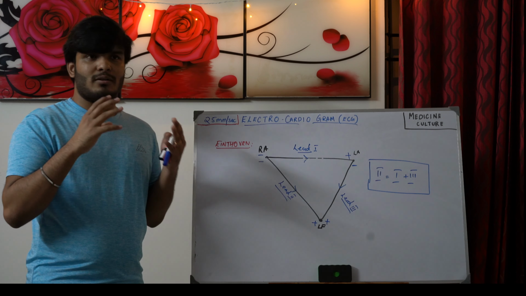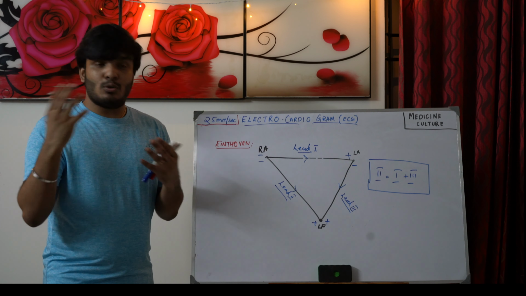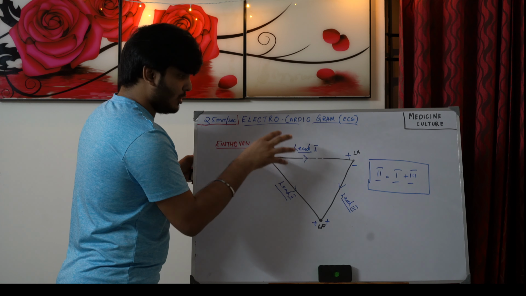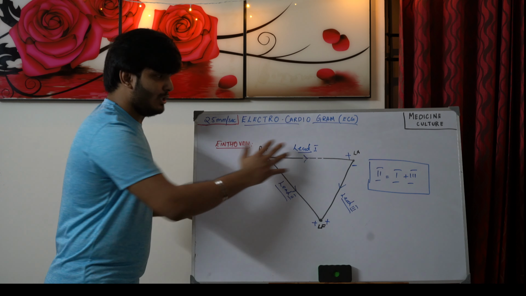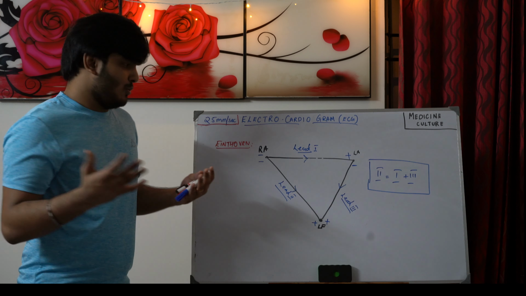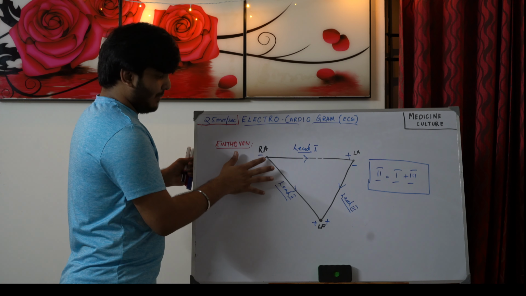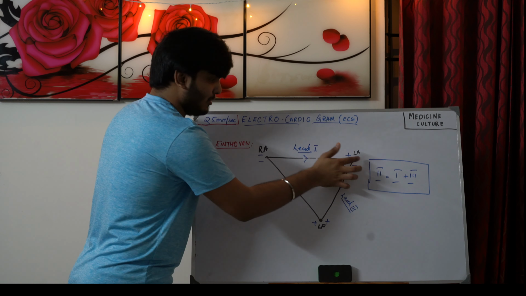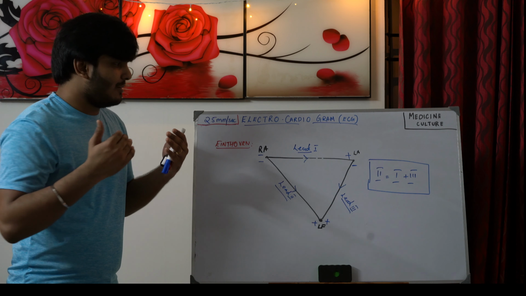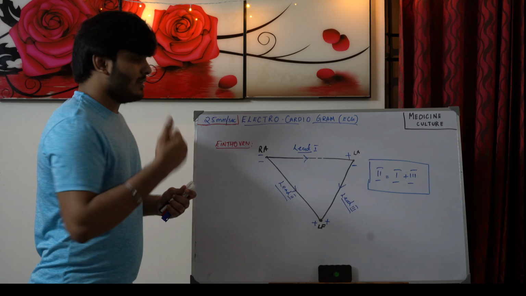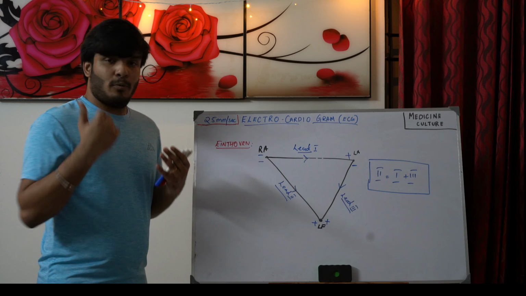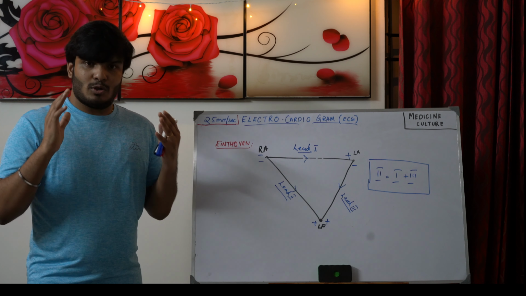So if we find any one lead, we can derive the other two leads. That's basically Einthoven's equation: lead 2 is equal to lead 1 plus lead 3. It's like, for example, if I want to go from this place to this place, I can go directly, or I can go from here to here and then here to here. That's the normal way of understanding what Einthoven derived. Not only did he derive these three bipolar leads, we know ECG is a 12 lead ECG.